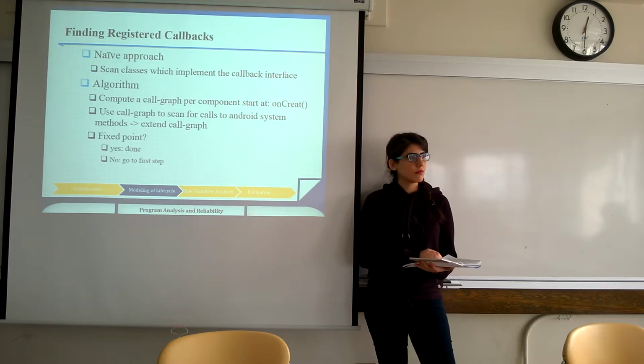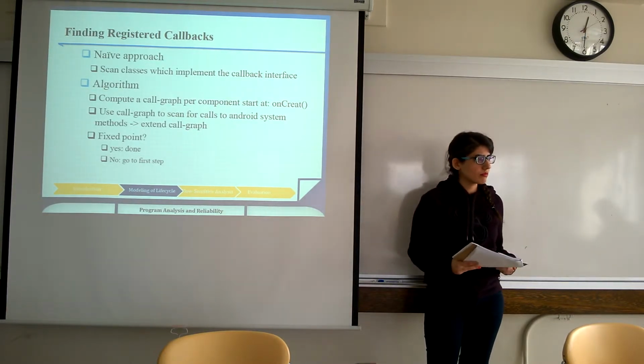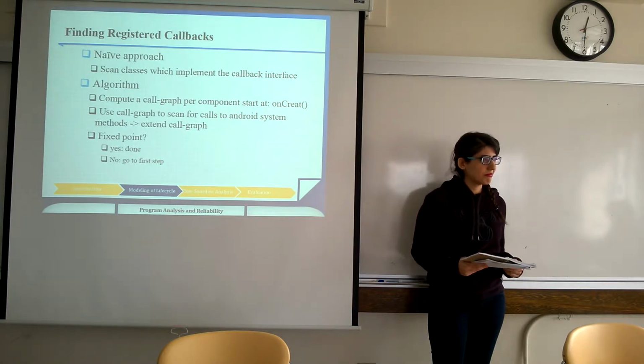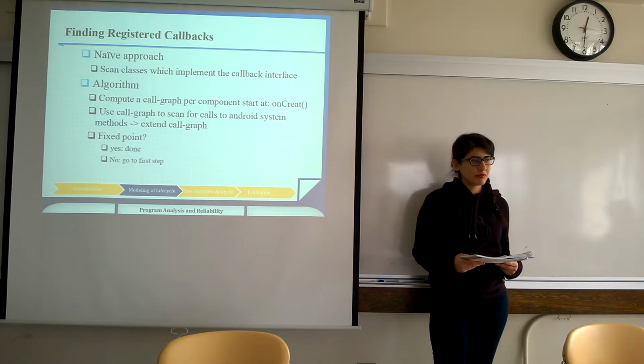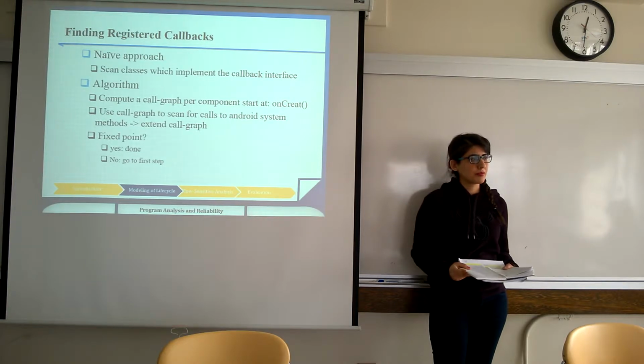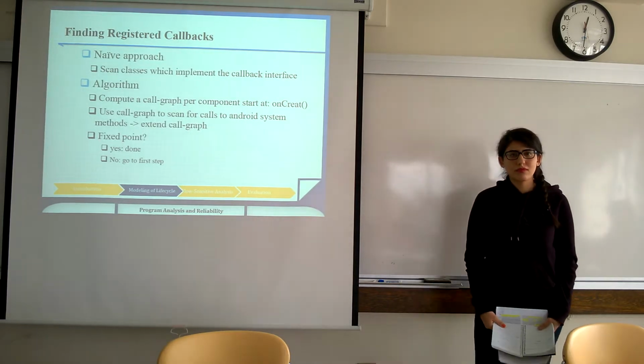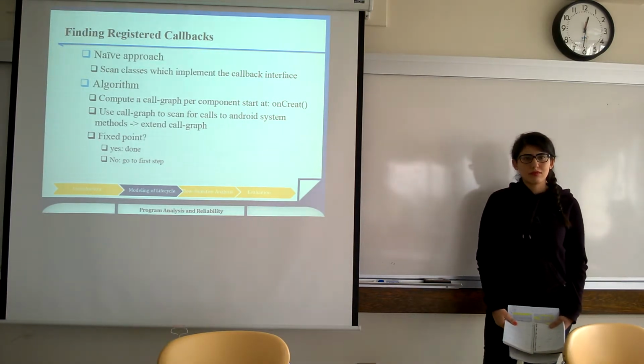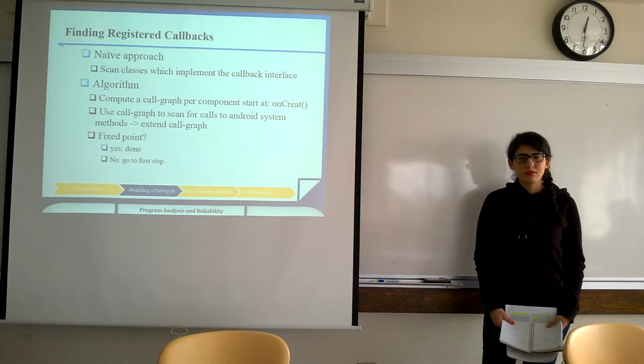So, like the naive approach, if there was a callback in an if statement that says if false, it would never be called. The first one would say yes, that would also happen, right? This call would be called, but if you look at the code, it would never be called because it's false. The second algorithm would realize that. Yeah, so there are two issues here then. One is dead code, which is what you're describing, right? And the other is being flow sensitive,